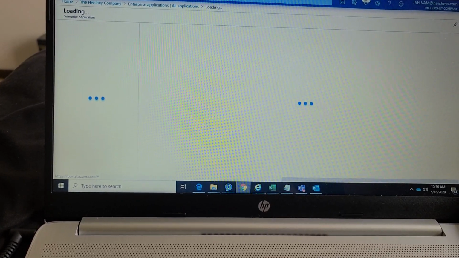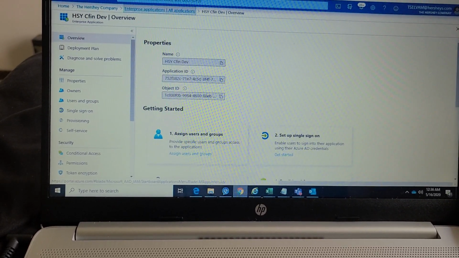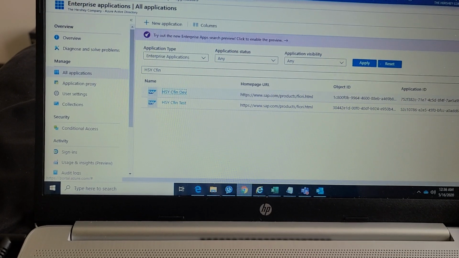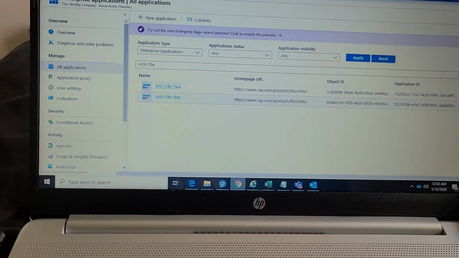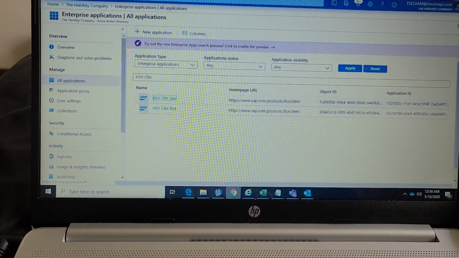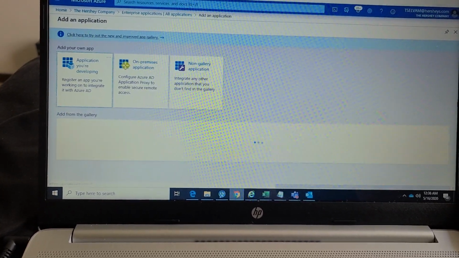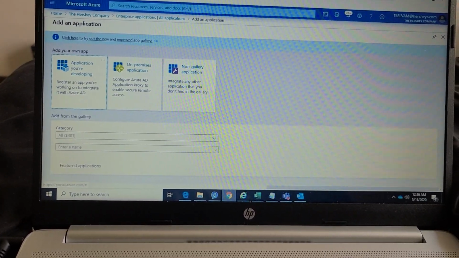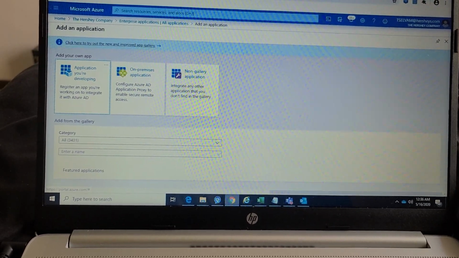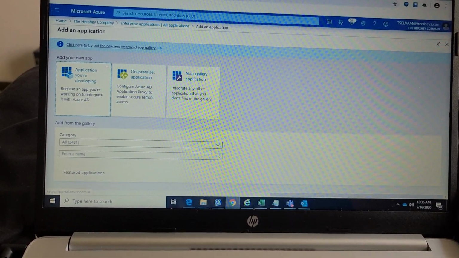Okay, we will check. Can you see here? Fiori.html, Fiori.html. So they created it in Fiori. We are also going to create the production in Fiori. I will do everything in the demo and I'll delete it. You have to do it again when they ask, if you are asked to do it.